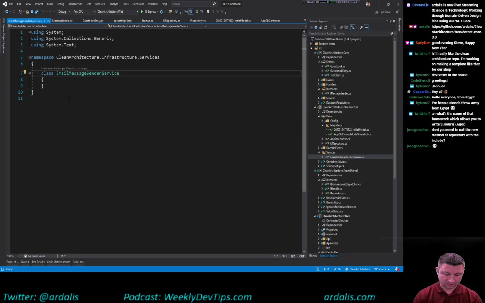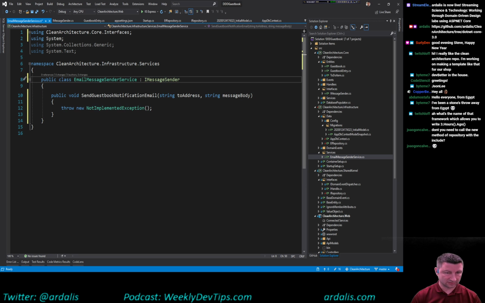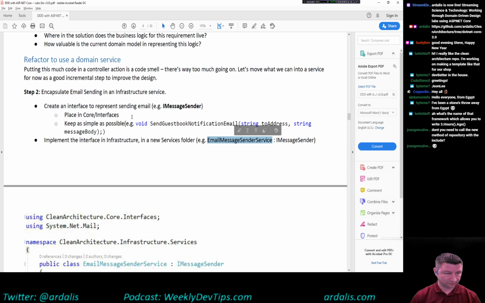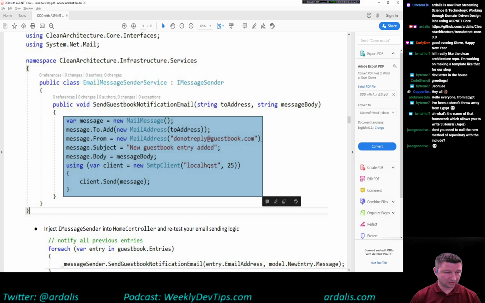We're going to make it public. If you forget that, it causes problems. And we're going to have it implement IMessageSender and pull in the interface from Clean Architecture Core Interfaces and Control dot to implement the interface. Cool. Okay. So now we want to take this code that currently lives inside of our controller and put it